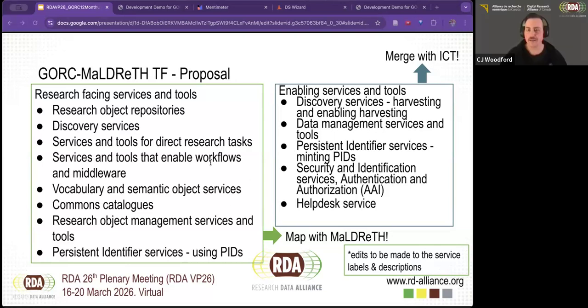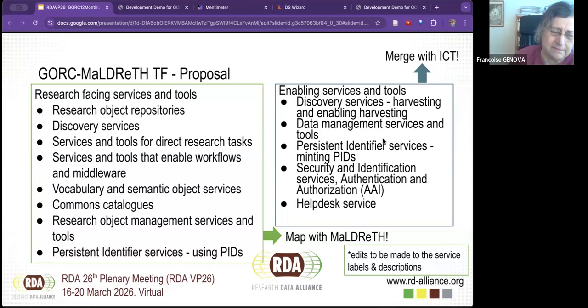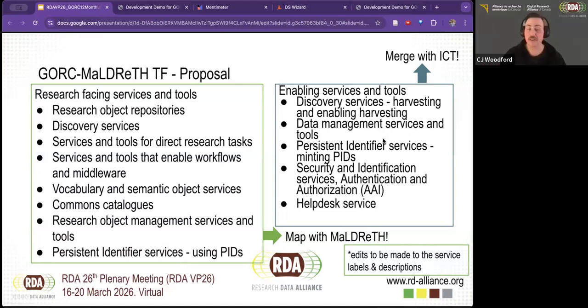I might make a quick clarification, because I also see Gilles' point on data management services. Obviously on a slide we couldn't put the entire definition, so apologies for the confusion there. But research object management is well taken, Francois. Thank you. The data management services listed under enabling services and tools are about the data moving through the commons, not research data, but logistical or administrative data.